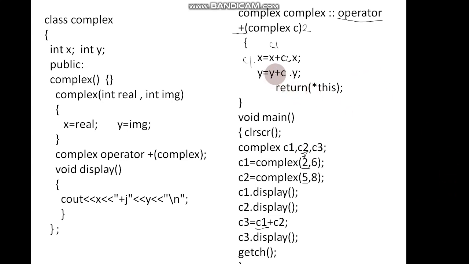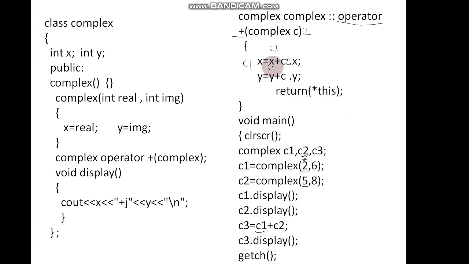So y is nothing but the first object which is implicitly passed, that is C1. So this dot y. It will be nothing but this arrow y.